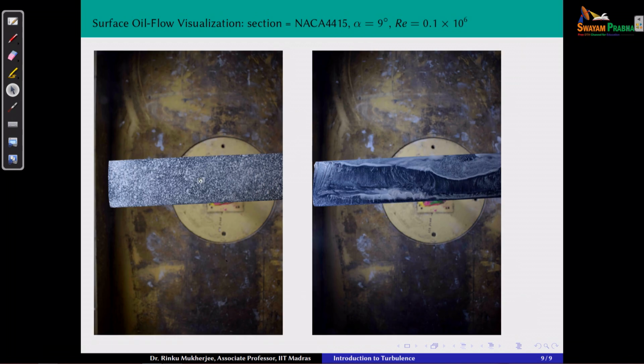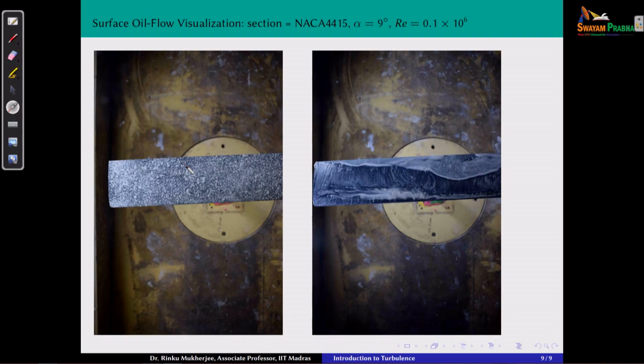So essentially what I'm trying to show here is on this slide. The one on the left hand side is how it looks with just the spray. We spray the wing with oil, right? So this is just the wing with the spray. That's all. There's nothing going on here. We haven't tested anything. Next thing you do is you place it in the wind tunnel, and then you